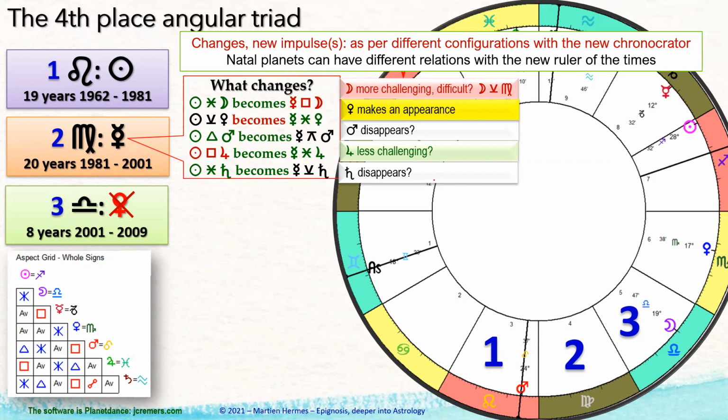So here you see also the second place, which is good news, is that Mars disappears. Now, of course, Mars can never really disappear simply because he's on the IC. So he has a very big imprint on whatever was happening in Holly's life in the first period. So that remains, but he is somehow of less consequence for this period because the ruler of this new period has no contact whatsoever with this Mars.